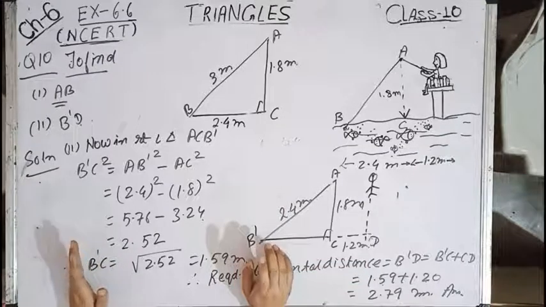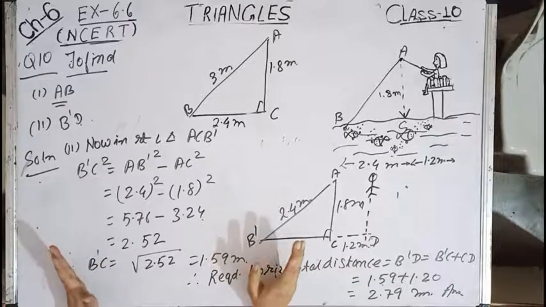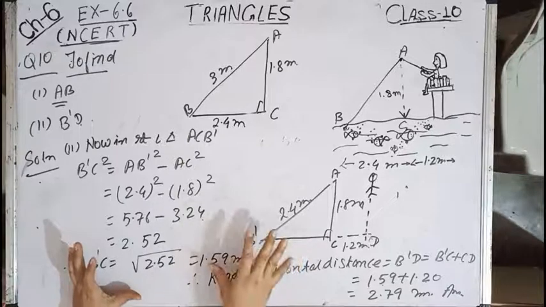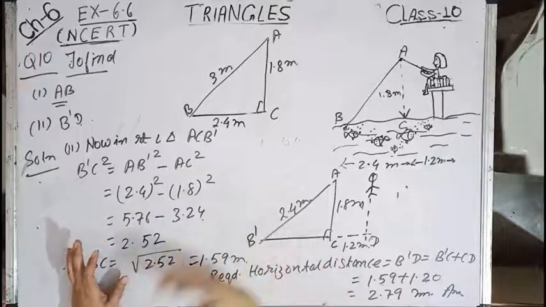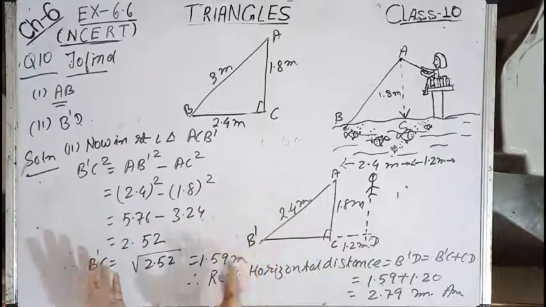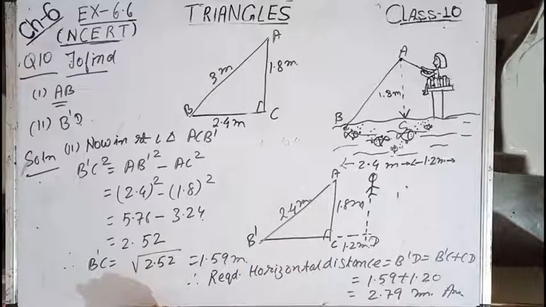Till then, children, you practice all the sums of the triangles with concept. Understand the question, don't memorize, don't learn, just understand the concept and do the sums. Try the sums on your own. Okay, then only you refer to the solutions. So children, this chapter is important, with geometrical concepts, try to understand the concepts nicely.